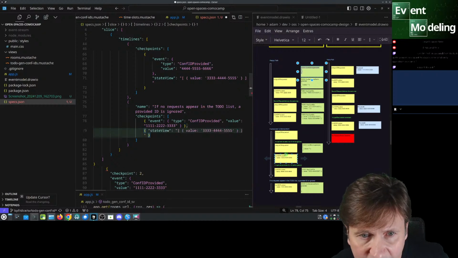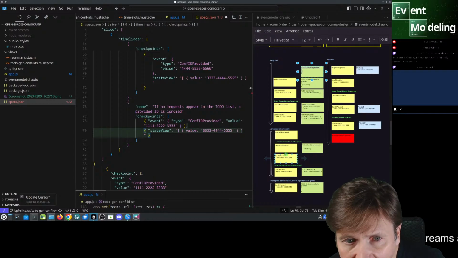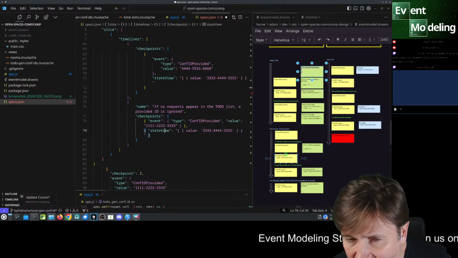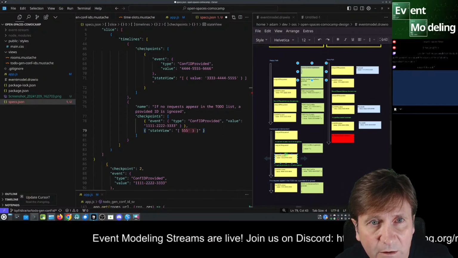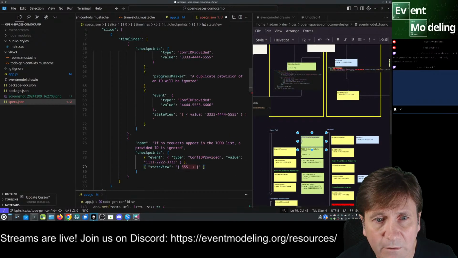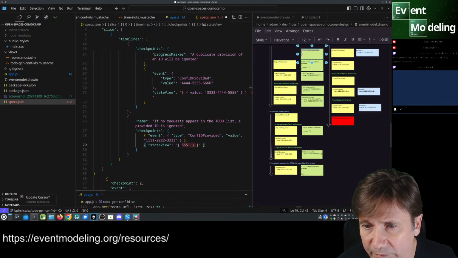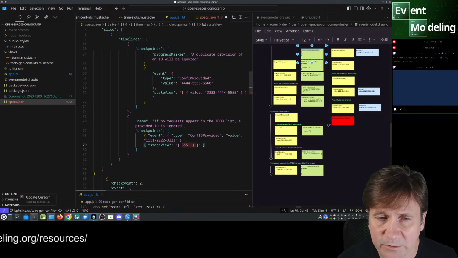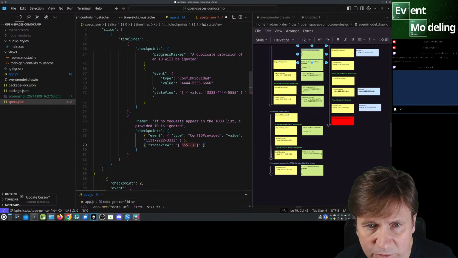But we do have a state view. And in this state view, we have nothing because we never asked for anything. So wait. Yes, so this is checkpoints. And in this checkpoints, we only have one event and state view. That's all we need to show for this.